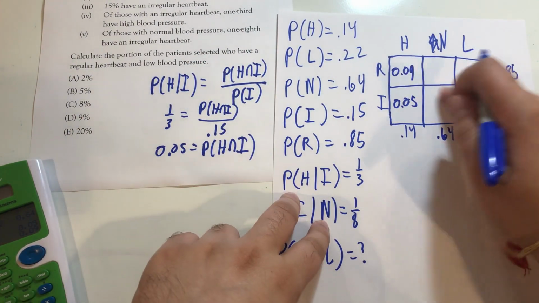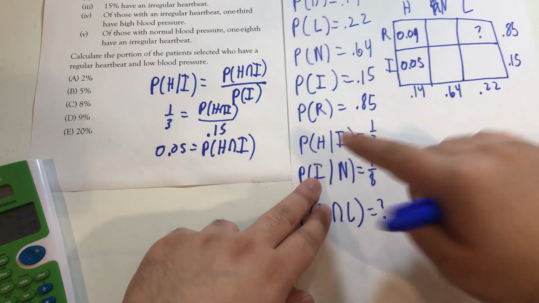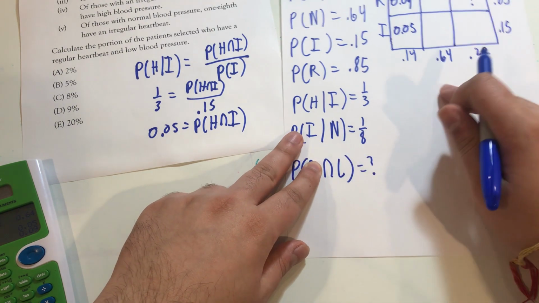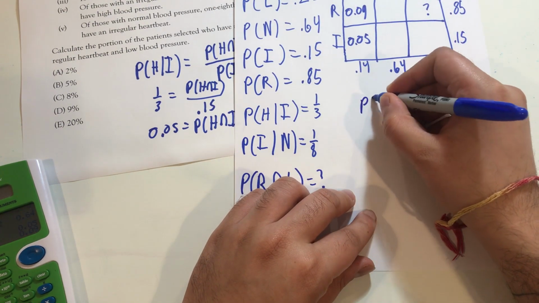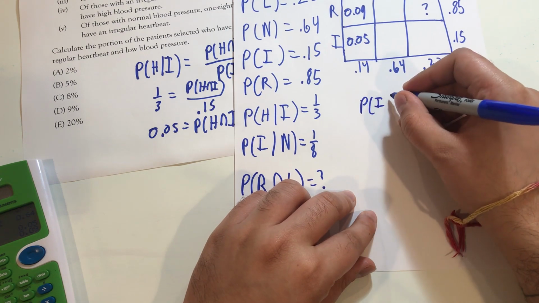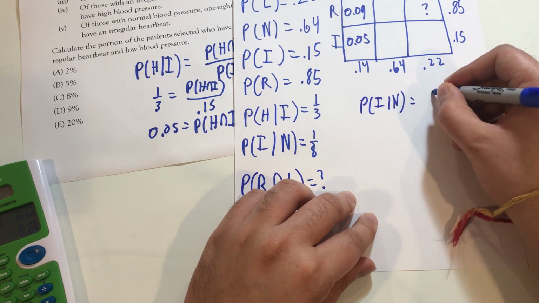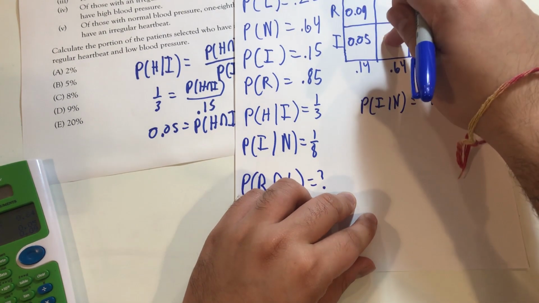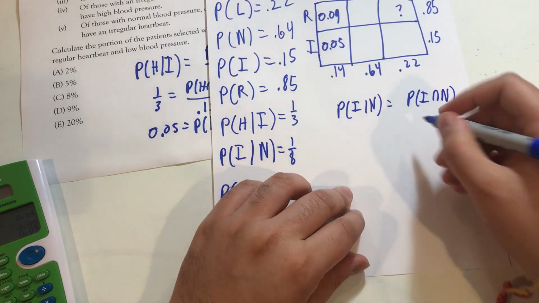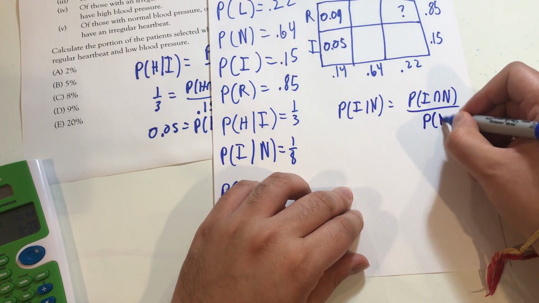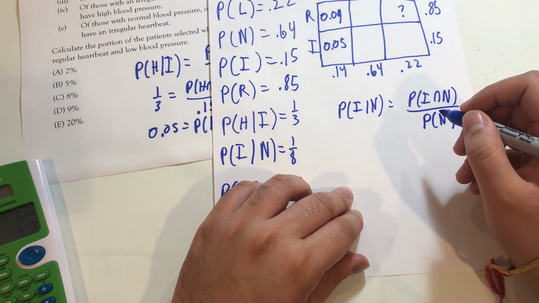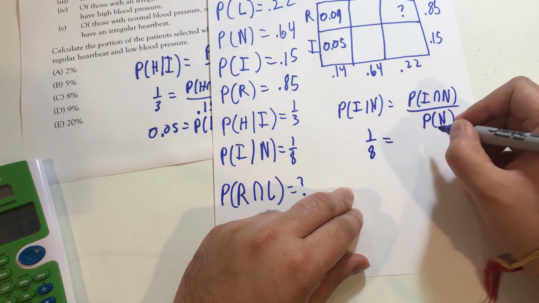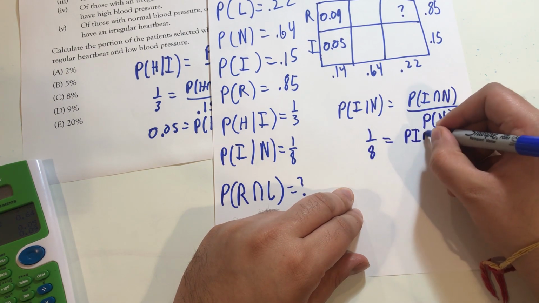Because we can't really get the rest of this yet. What we did here, we're going to do the same thing with this piece of information. So down here, I'll just write, okay, the probability of I given N is equal to the probability of I and N, which would be this box right there, divided by the probability of N. Now, the probability of I given N, that is 1/8. The probability of N is 0.64, so probability of I and N